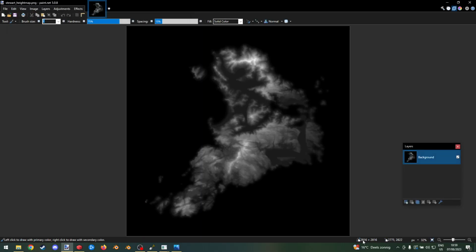It should be pretty big. In this case, it's 2008. It's square, but it's a pretty big export. But it's good because each pixel here is going to translate to a 4x4 cube or an 8x8 cube in Brickadia. So we want to make sure that this isn't too big, because then we will get ridiculous map sizes